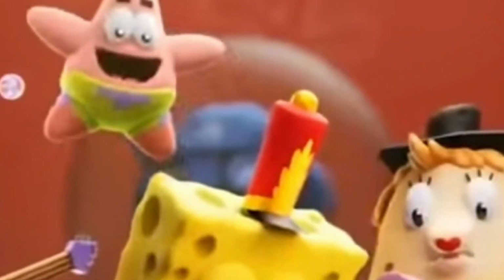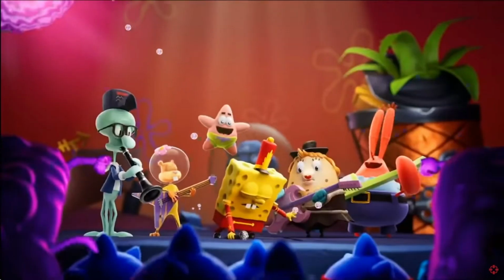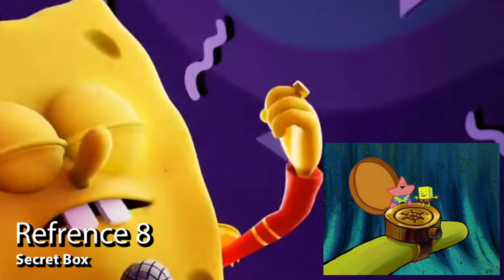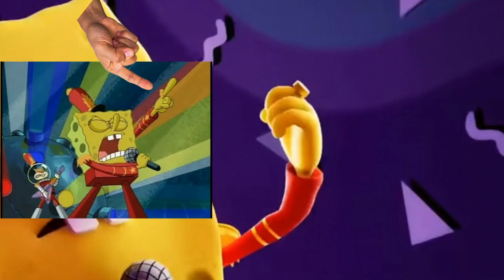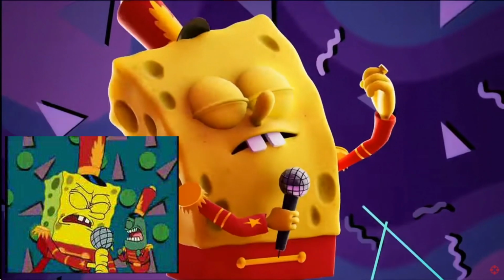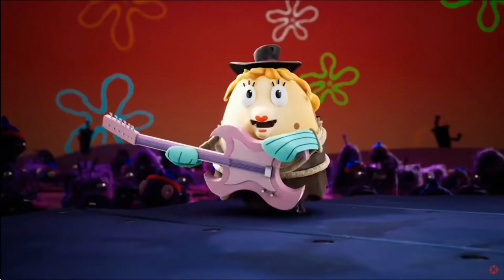Squidward's house is also inside of a bubble, and Patrick's house is a triangle way back here. When SpongeBob's singing into his microphone, he is wearing the friendship ring, which is actually inside of the episode of Band Geeks as well. This is a little fun fact. I do find it weird that he's not singing with Plankton inside this, but in the background, we do see